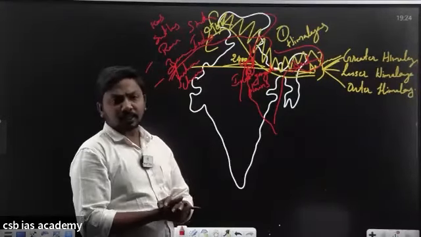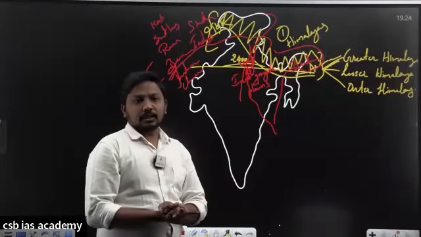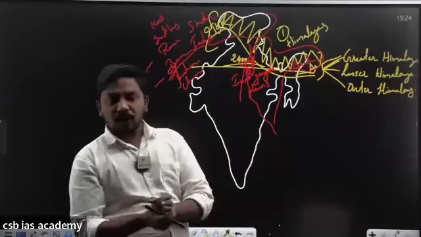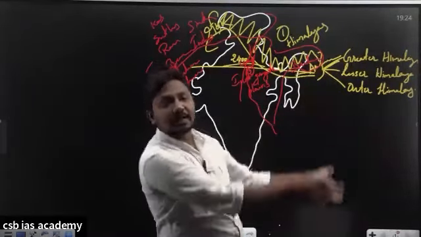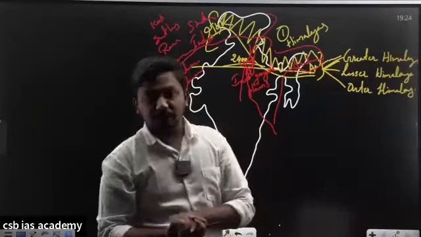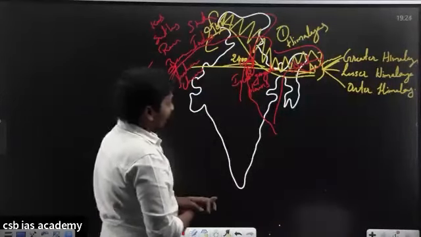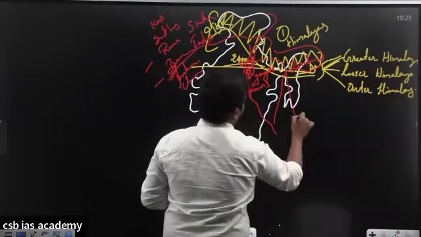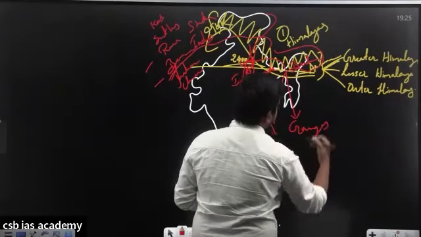What do you mean by a tributary? Any idea? A water body which will carry the water, and at the same time which will join into the mainstream, is considered a tributary. So these all are the tributaries of River Indus. And after River Indus, the most important river and the holy river of India is River Ganga or Ganges, right?